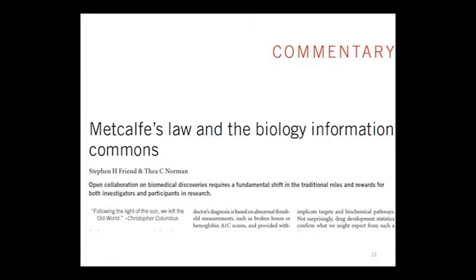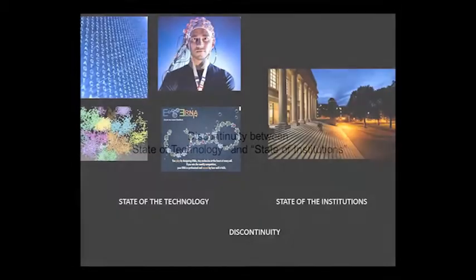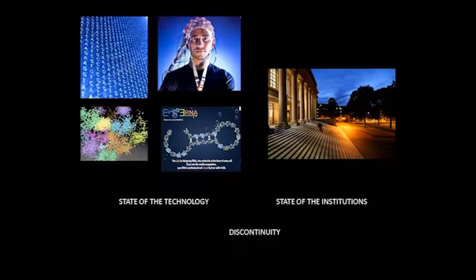Next thing I want to go to, if you're building a center and you're trying to figure out, do I need a program, do I need a department, et cetera, is there is a discontinuity between the state of the technology and the state of institutions. So I did some of my training at Harvard. This is a classic picture of what a university looks like. Today, the data that's coming out and the data you want to get your hands on is this genomic information that can be done anywhere, maybe cheaper in China.